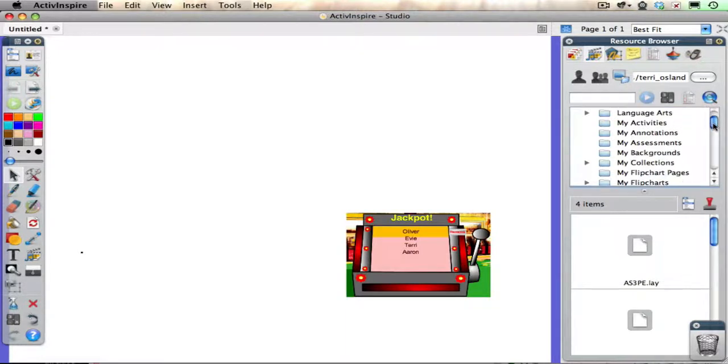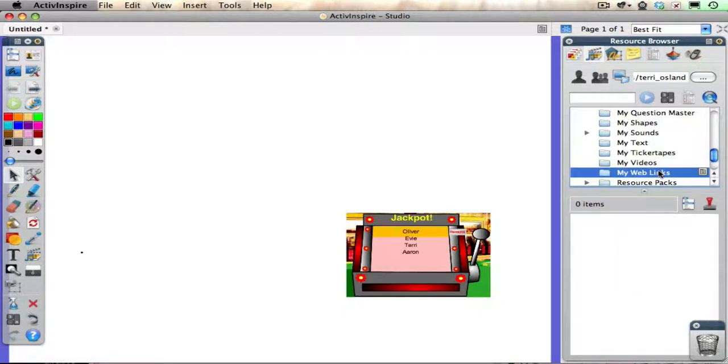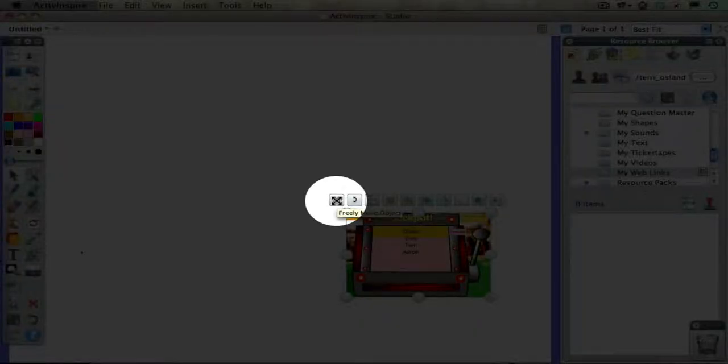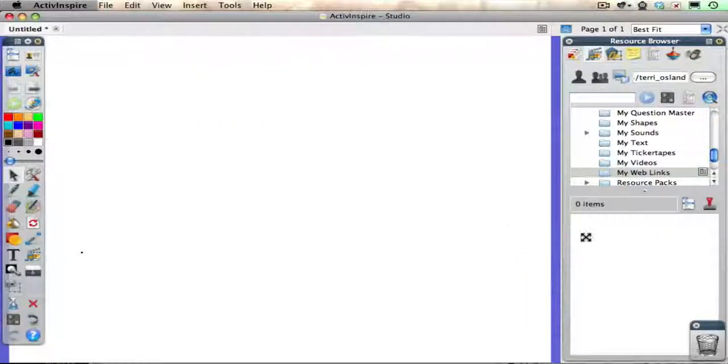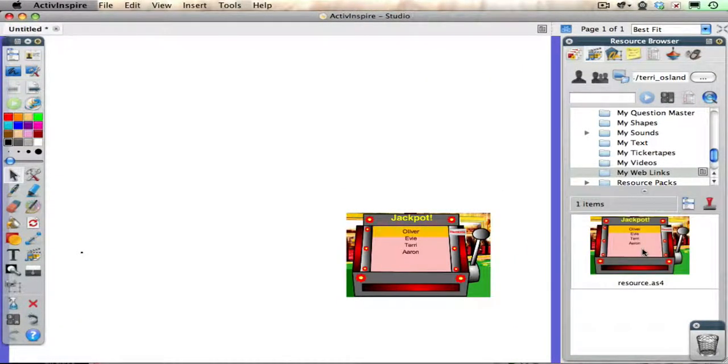I didn't previously decide which folder I'm going to put it in. I think I have something called my links. There it is. I have a folder called My Web Links. You might have to create a folder called Web Links. So I'm going to click on that folder, and then I need to click on my object. Now, since there's an action associated with it, if I click on it, it's just going to bring the browser. So I'm going to click on the outside and drag on top of it to select it. I will go and grab this crosshair icon. If I click, I can drag it and drop it here, and bada bing, I have that in my resource